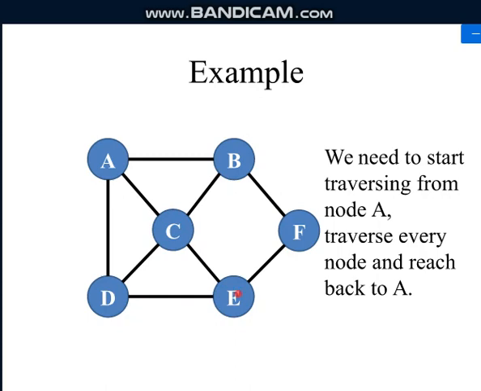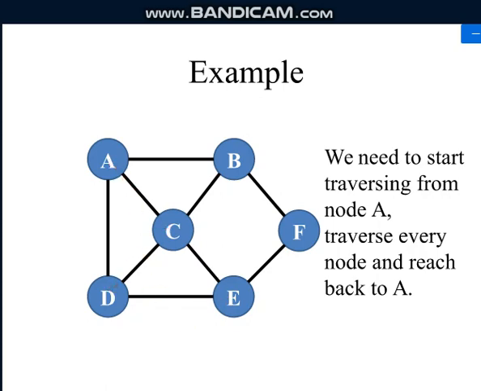Yes, from E you can reach either C or D. So if I consider C, I can reach C, then from C I can reach D. From D I can reach A, isn't it? Or if I go via E to D, D to C and C to A, that also will form a cycle.